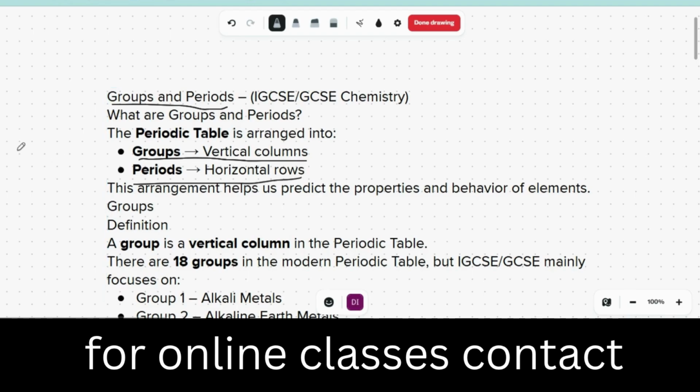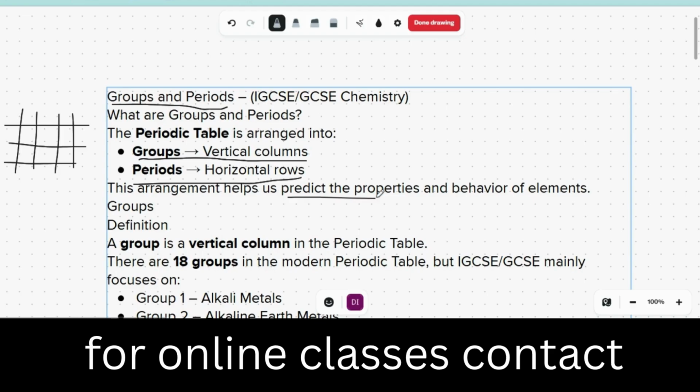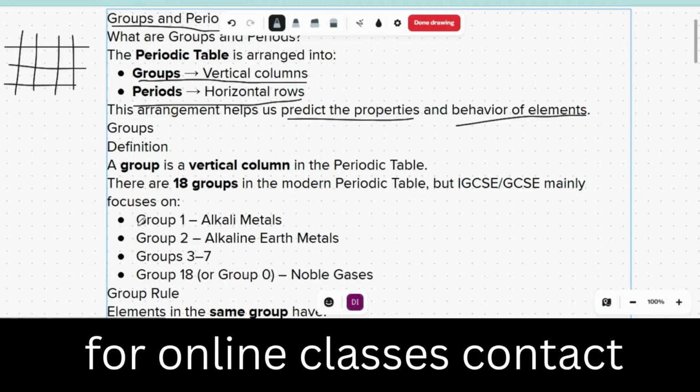That means all the elements in a vertical column are called a group, whereas all the elements in a horizontal row are called a period. The arrangement helps us to predict the properties and behavior of the elements. Group: the simple definition is the vertical column in the periodic table. There are 18 groups in the modern periodic table, but for IGCSE or GCSE we mainly focus on